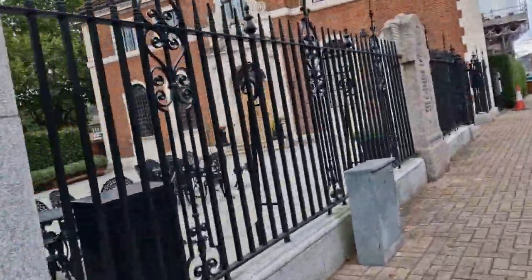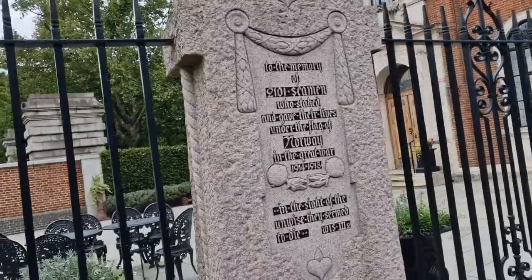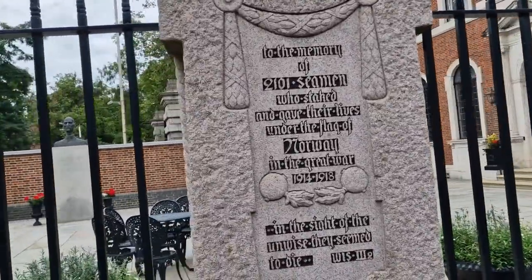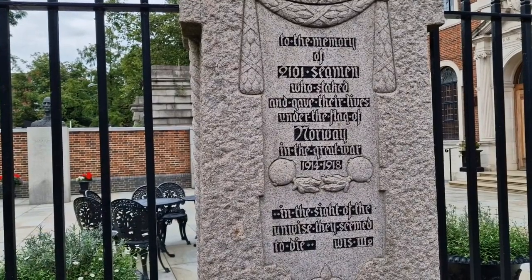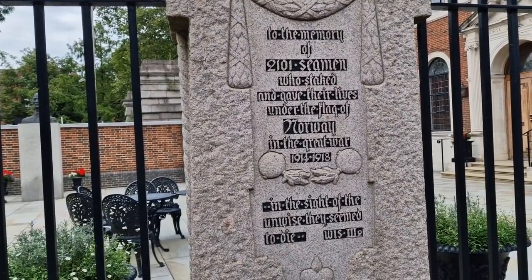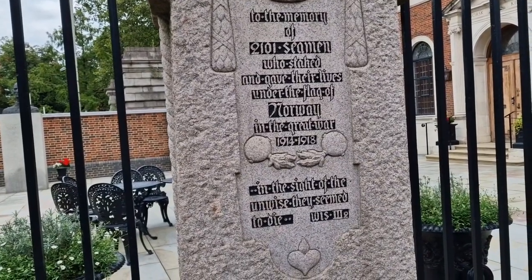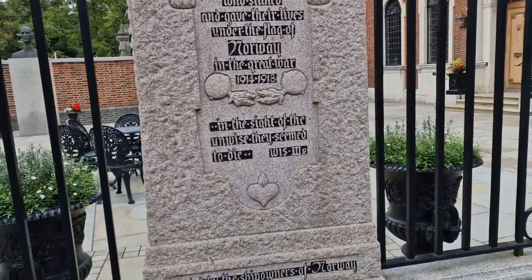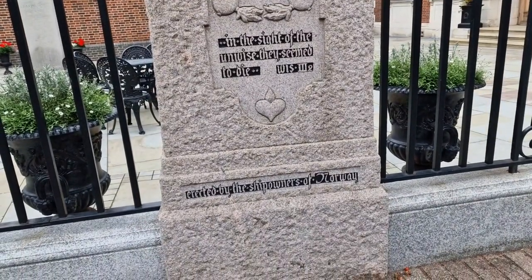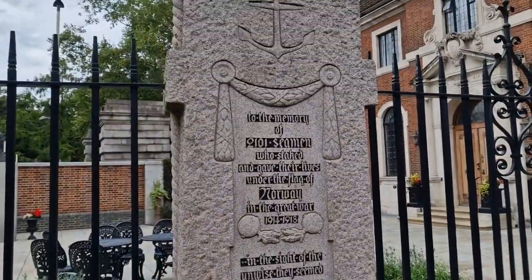There's a war memorial here. In memory of 2,101 seamen who staked and gave their lives under the flag of Norway in the Great War of 1914 to 1918. In the sight of the universe, they seemed to die wise. Erected by the ship owners of Norway, and you'll see the reverse side of it when we go in and